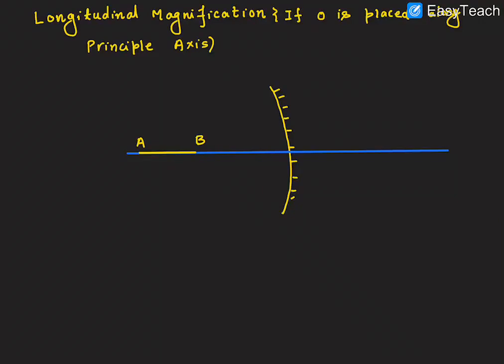हेलो बच्चों, longitudinal magnification. If object is placed along principal axis, अगर हमारे पास एक ऑब्जेक्ट AB है, principal axis के along रखा हुआ है, तो इसका आप magnification कैसे find करोगे? इसका magnification निकालने का जो तरीका है, that is equal to the minus of mod of